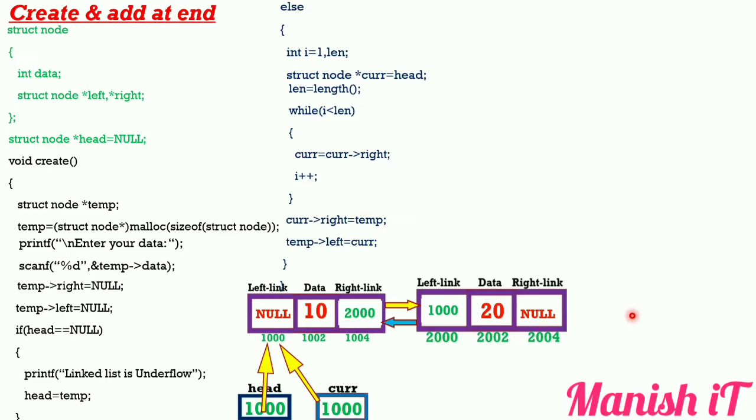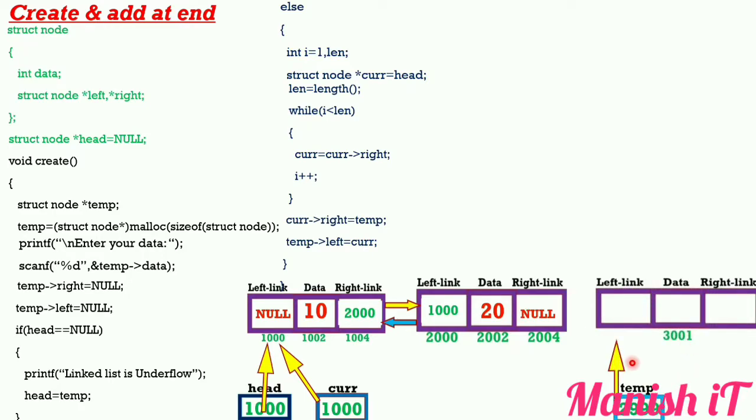Now suppose you already have two nodes and you want to add another node, that means adding at a position, the third node. So how to write your logic? That time the while loop is working. Everything up to here is executed again. The node has been created, the temp variable starts pointing to its base address, and the user has entered some value, 30. Now how to write our logic? The same thing happens till here.